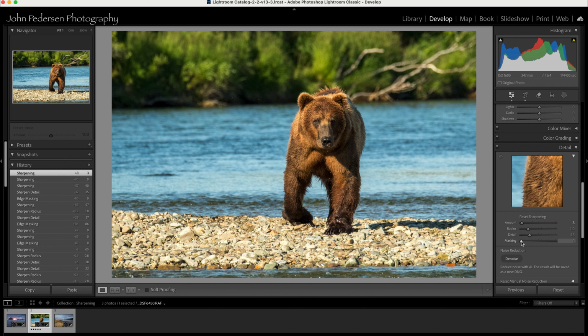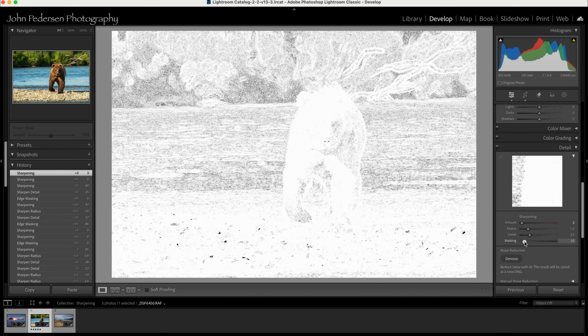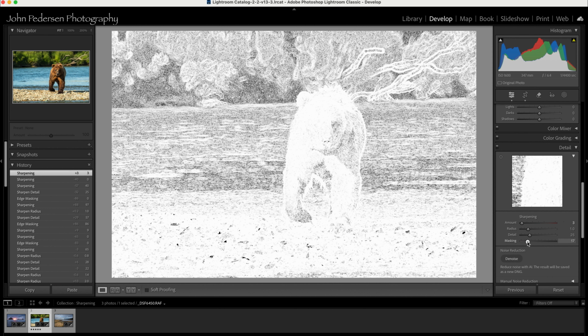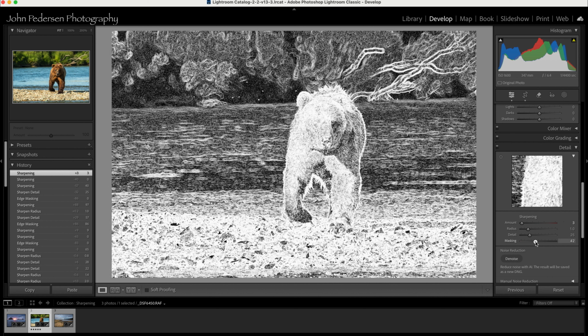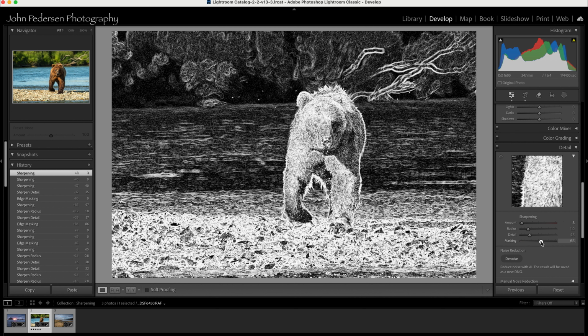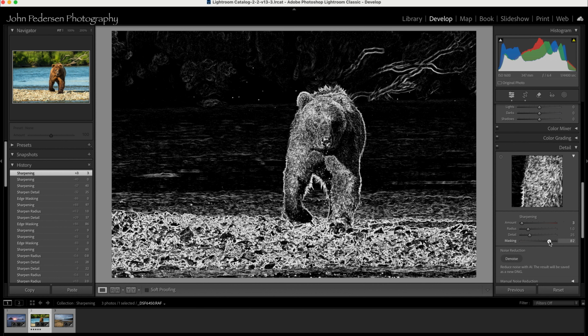So when I'm at masking 0, everything is going to be affected by sharpening. And as I move this, what happens is you start to see the blacks appear. Those are the areas that are not going to be sharpened. So I'm masking out the out of focus areas. And I can get this to the point where I like it, and I think right around 82, 83 for